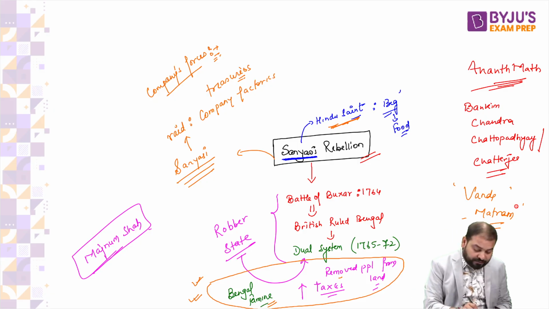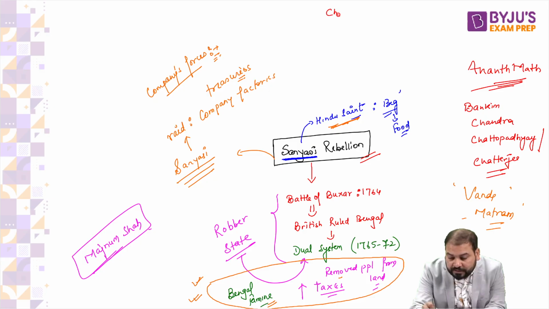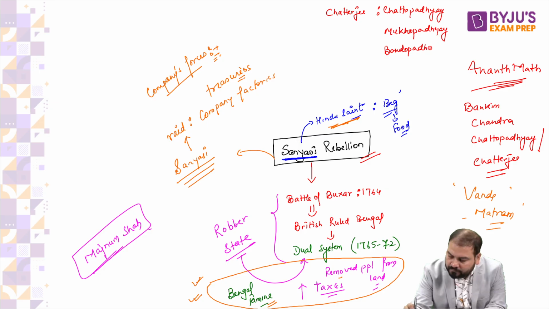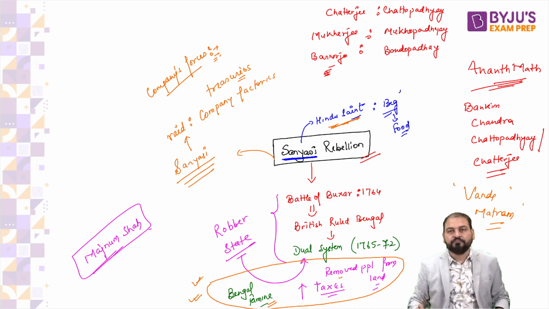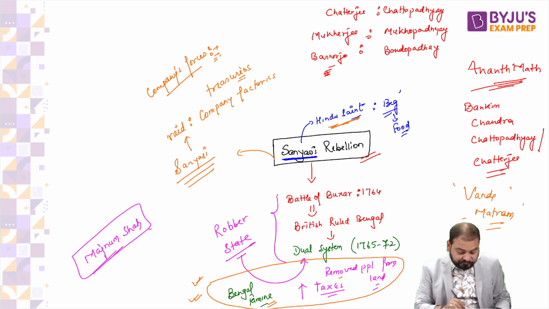Please understand, those who are asking, please see here. The British could not speak or pronounce Chattopadhyay, Mukhopadhyay, Bandhopadhyay, and that's why they gave short forms like Chatterjee, Mukherjee, Banerjee. Now, all of you,